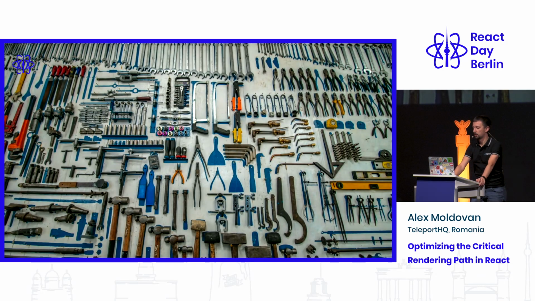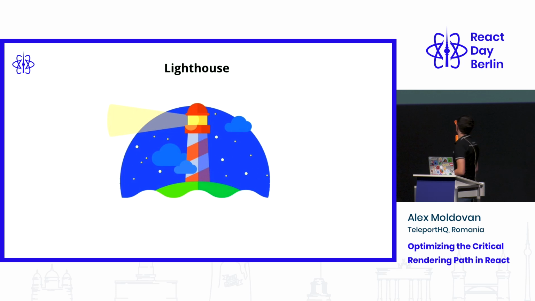Okay, let's move on to tools, because everyone always asks me, what tools should I use to check performance, to run maintenance on performance metrics and so on. Well, Lighthouse is one of them. Lighthouse is a great tool from Google, which is integrated into the DevTools. So under the audit tab, you have Lighthouse integrated. Not only performance, but they also do audits on security, on accessibility, on SEO, and all sorts of things. And it'll give you enough metrics that you have at least a few good sprints of performance optimizations for the